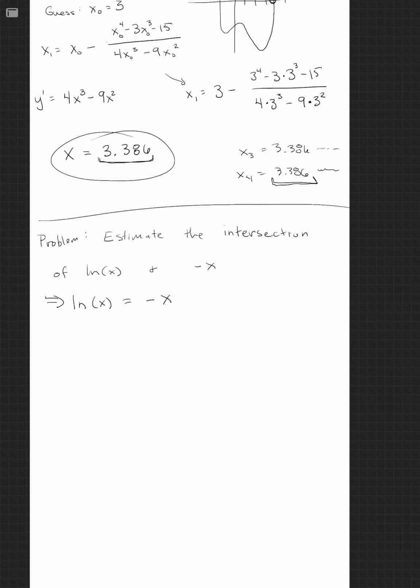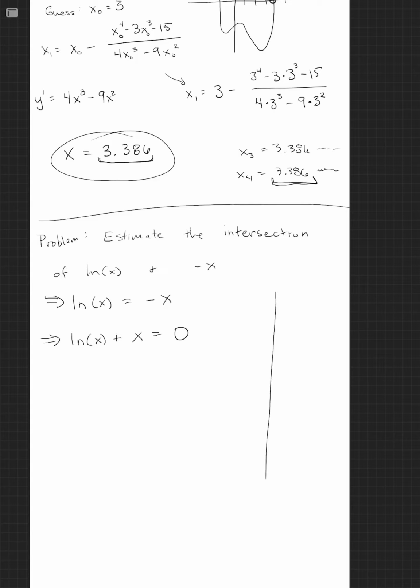And if our question is where are they equal, that's the same thing as asking when this is 0, right? We can add x to both sides, and we get that the graphs are going to intersect when ln of x plus x is equal to 0. So